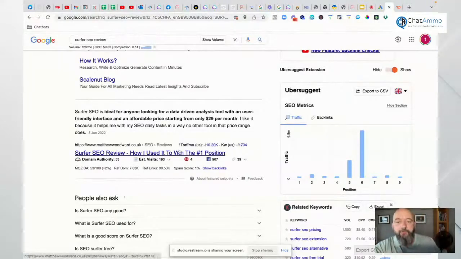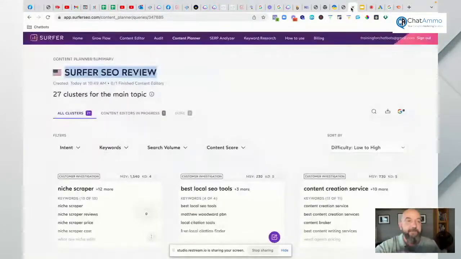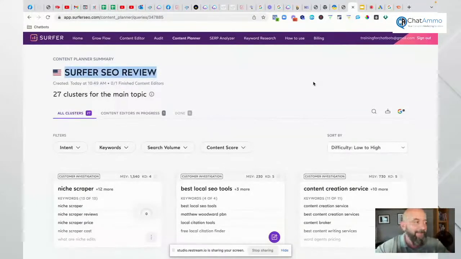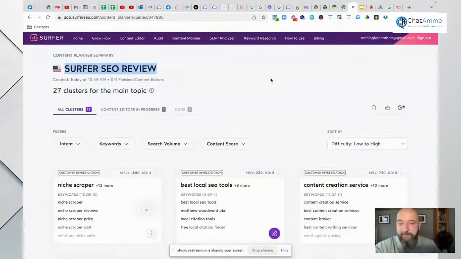Now, the reason why this guy would have ranked is because he would have had certain content that all points towards this one particular post. So what we need to do is find what would need to be written to get that post to rank, pretty much without any links. Sorry, that's my walking stick. Just follow that. So pretty much without any backlinks coming back here.